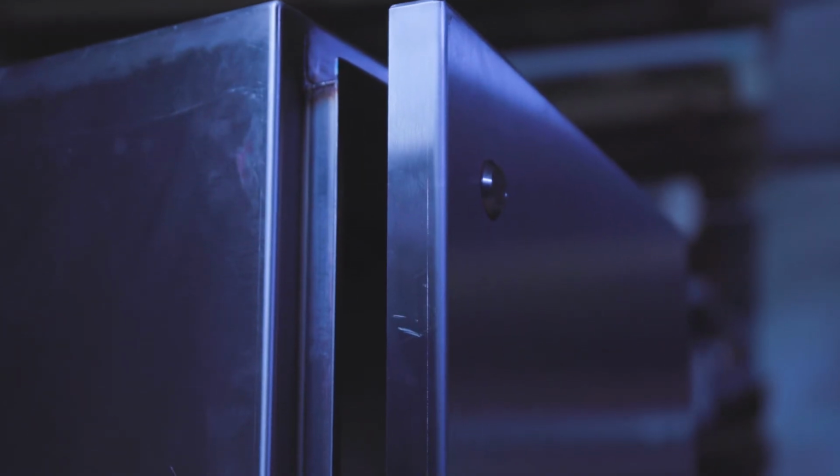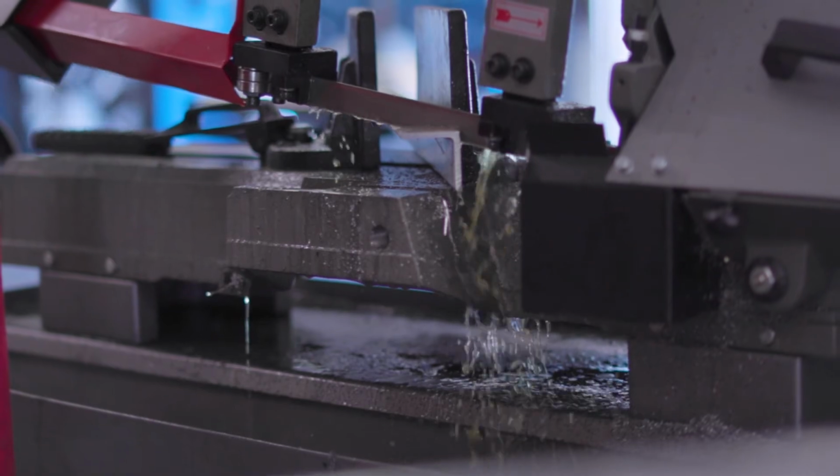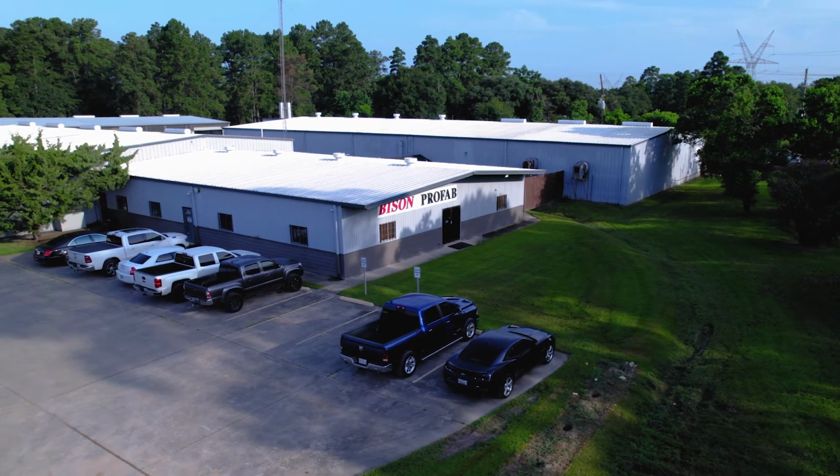We back them up with a design that's recognized worldwide through the UL listing and also through the ATEX. And we're also ISO 9000 as well, which is a recognized standard. We build to NEMA standards, so when you come to Bison, you're getting all the benefits of worldwide recognition and